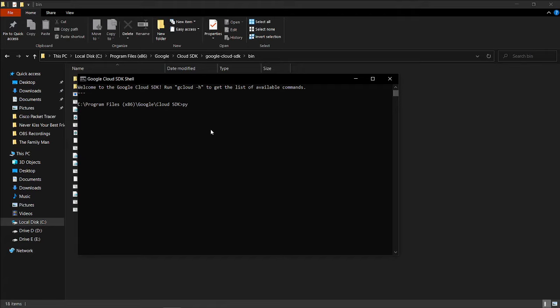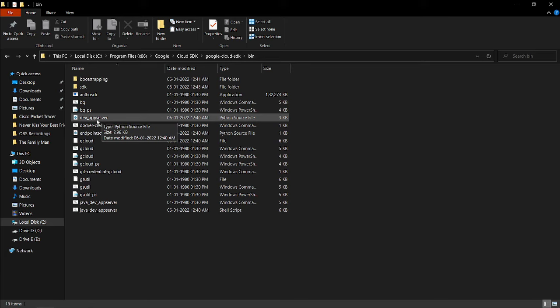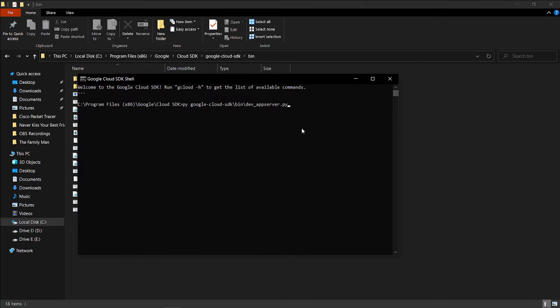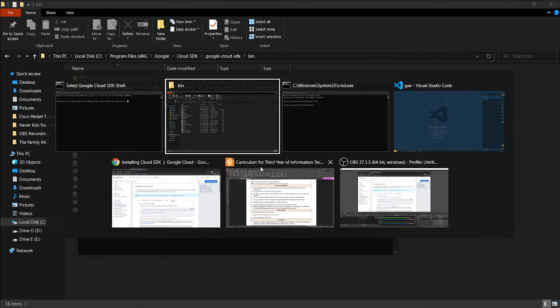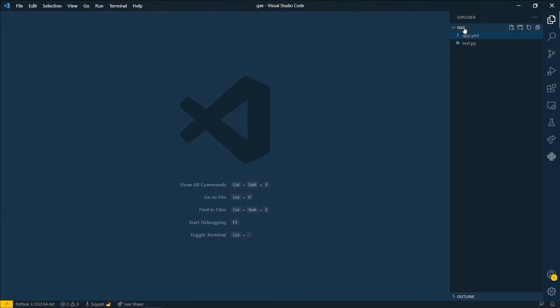I will be using that utility with the Python compiler, so that the files will get compiled. As I'm in the cloud SDK folder, I'll mention a relative path. So if I put Google Cloud SDK slash bin slash dev_appserver, you can put this, or you can put the absolute path of the Python source file. This is the first argument you have passed. After that, you need to pass the folder path, the GAE folder which we have made.